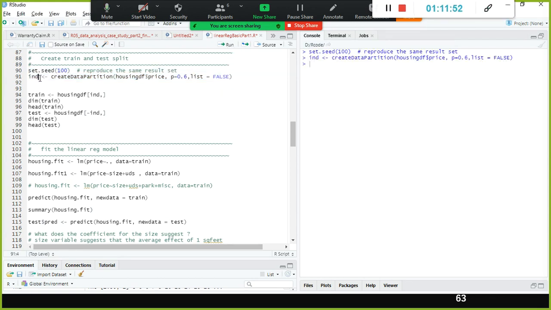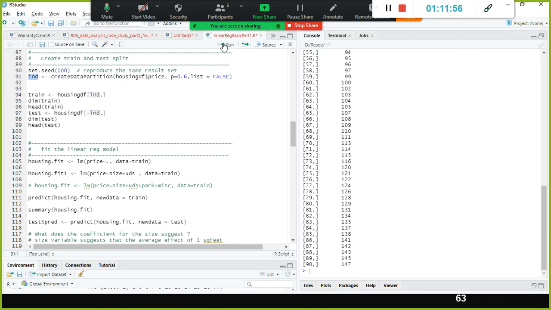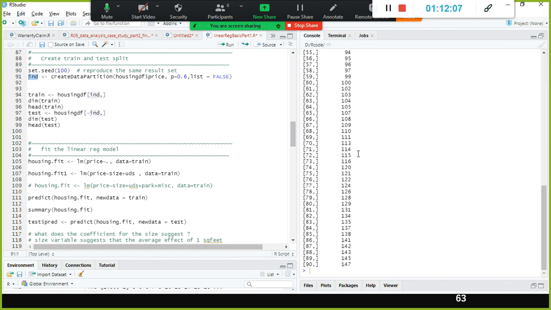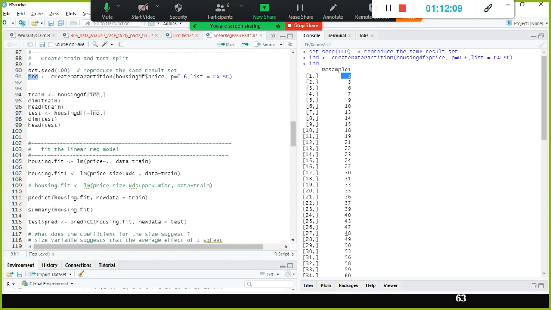So when you set the seed, it will create the same index again and again. Forget about that now, let's not discuss so many things. See, randomly means not sequentially, right? Third record, fifth record, sixth record, seventh record, like that 60% of the data is selected. But it's selected with the row ID only. Smartly, you selected only the row ID.